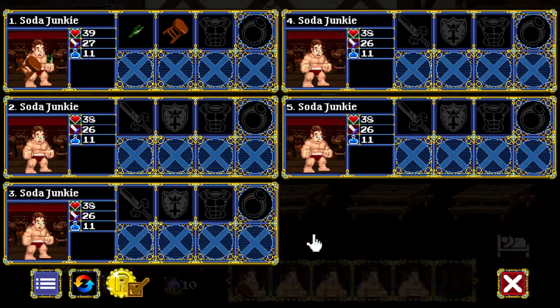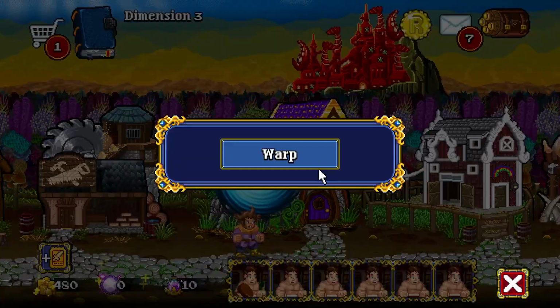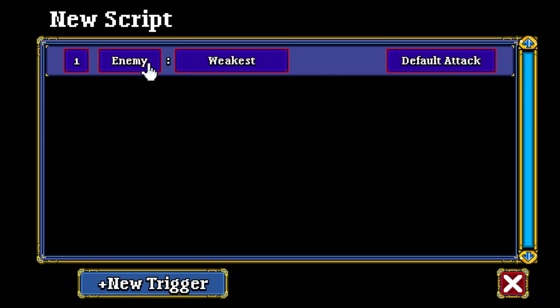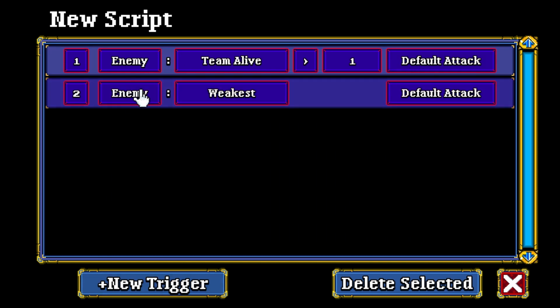Okay, so I'll hire everyone. I'm missing one, and I have no gold. There's 500, that'll do. In terms of the script, basically, we just want to make sure that they always attack, as long as there's more than one enemy, right? Because if we stop to, say, heal, and there's still 4 enemies, and then there's only 3, and vice versa, essentially what happens is we keep hemorrhaging damage. So all we want is enemy team alive greater than 1, default attack,